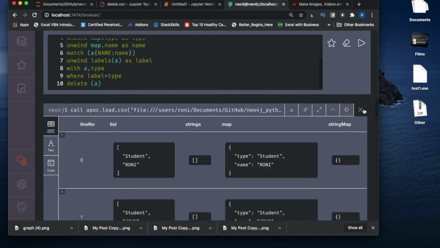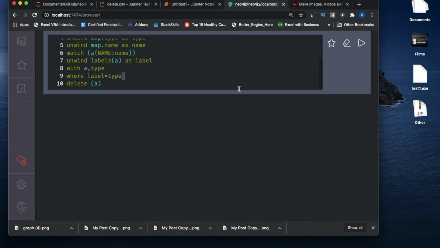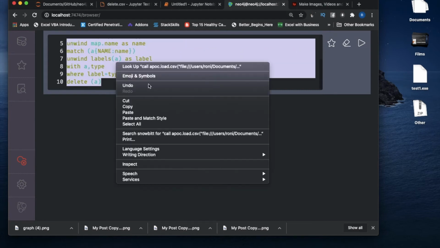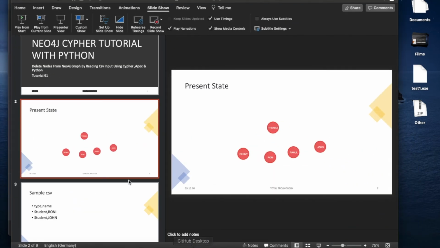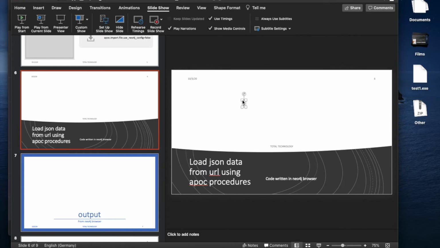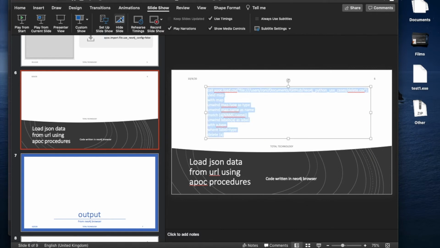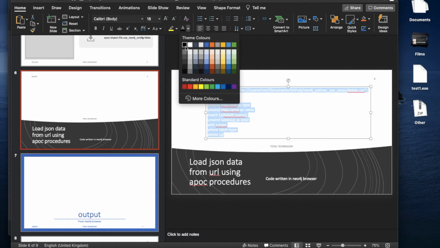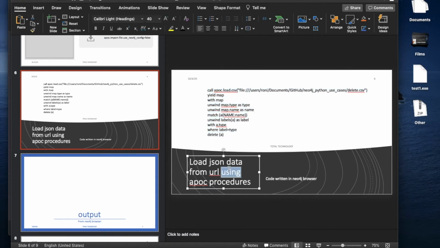maximize this thing. I don't know whether it is possible to maximize, but can I do it maximize? I think no, there is no option to maximize. So what I'll do, I'll just take a copy of this thing, okay, and I'll try to put this thing here. Okay, so let me just come back to here, change the color to black. It's done, and